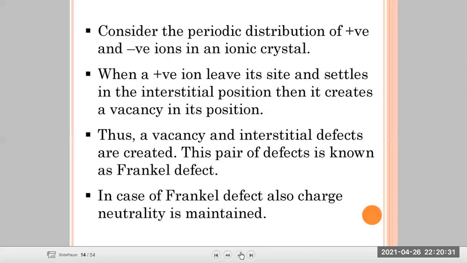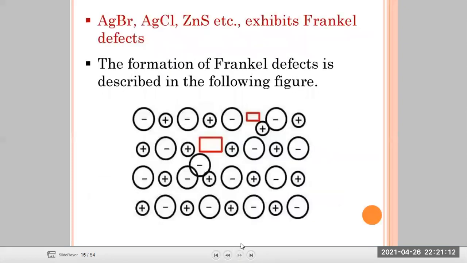So if some atom is occupying that particular space in between these two atoms, then we say that is called the interstitial defect. And hence we can say that the vacancy and the interstitial defect together are actually known as the Frenkel defect. And this Frenkel defect forms to maintain charge neutrality, right? I think that you got a clear idea that the Frenkel defect is a combination of the vacancy and the interstitial defect. Just now we discussed the meaning of interstitial.